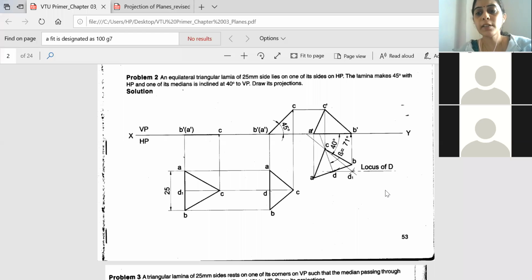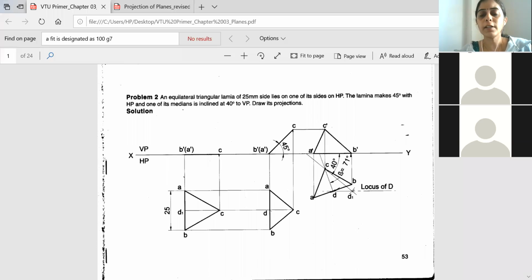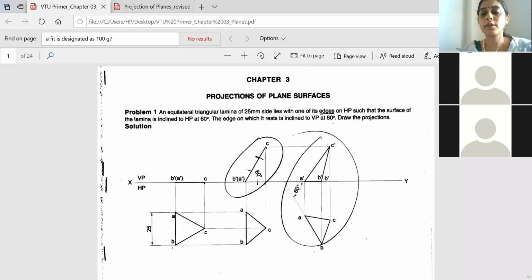You will be solving the first and the second problem. Okay. You people are in the Google Classroom. Yes, ma'am. Nitish, are you in the Google Classroom? Yes, ma'am. Can you please send me an invitation from the Google Classroom so that I can share the problem sheets? Okay. Hello.